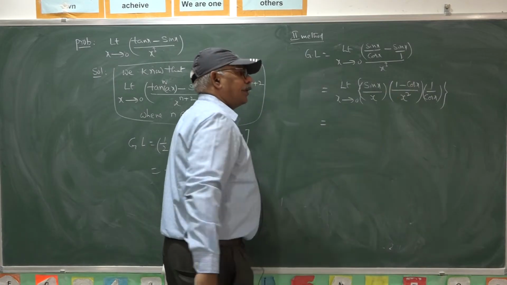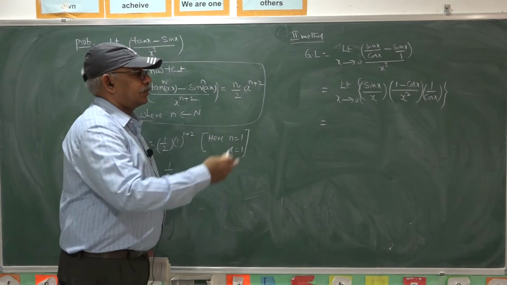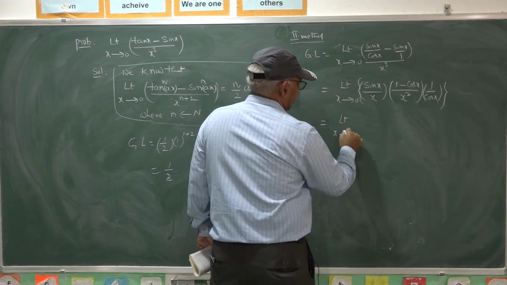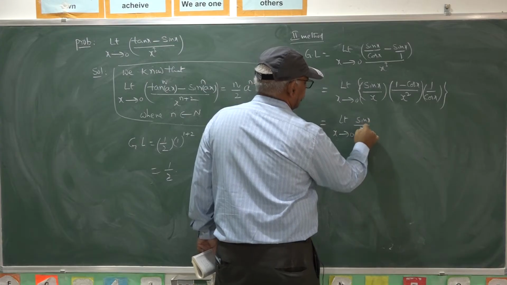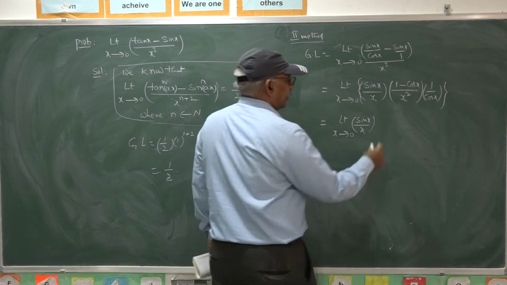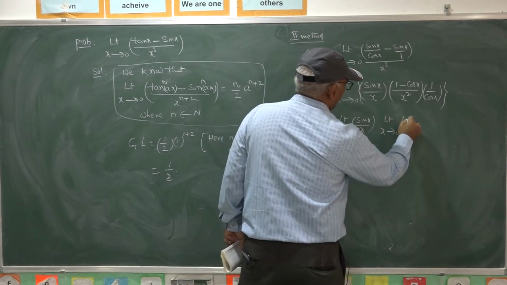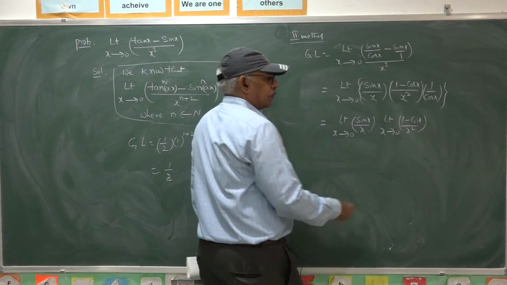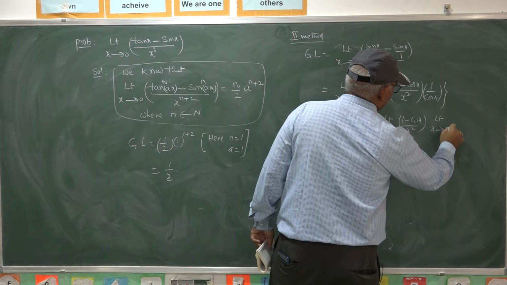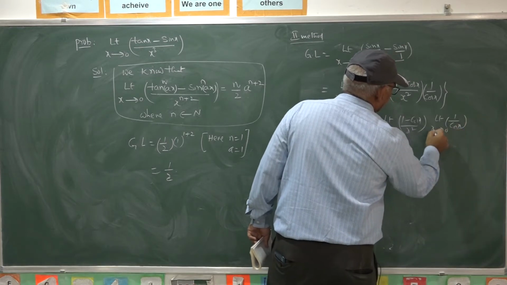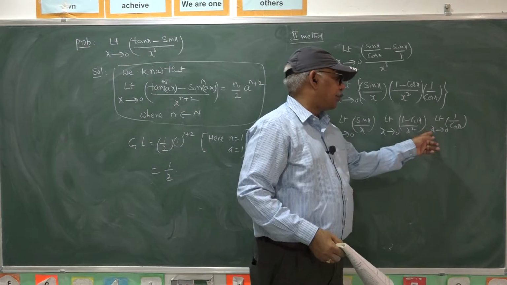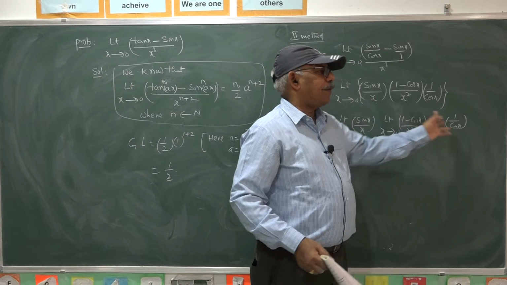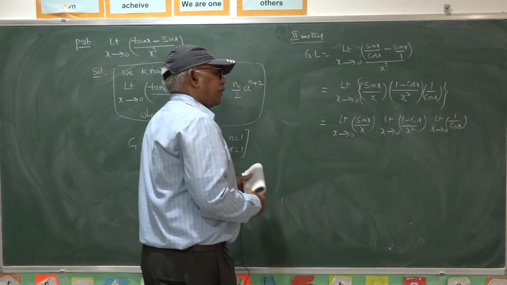So, you can apply the limits individually to each and every factor here. Limit as x goes to 0 of sin x by x is known to be 1, and limit as x goes to 0 of (1 minus cos x) by x square is also known, 1 by 2, a finite value. This is also limit as x goes to 0 of 1 by cos x. As x is nearing 0, cos 0 is also 1, which is a finite value. Each and every limit is finite, hence you can separately apply the limit.